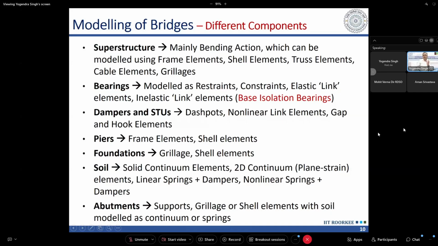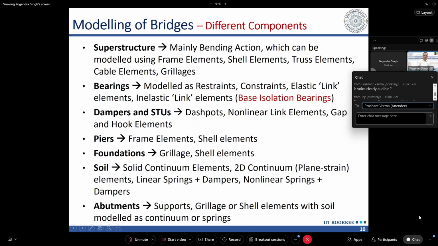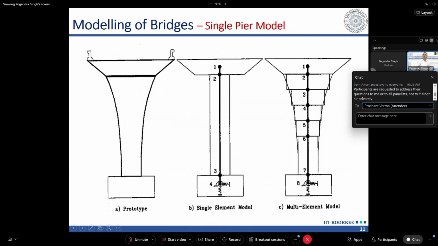We will rather focus more on what type of elements we should use, how we should create a model in a software so that it is realistically representing the behavior of the bridge, and how we can interpret the results. So our focus will be more on these aspects. Okay, so